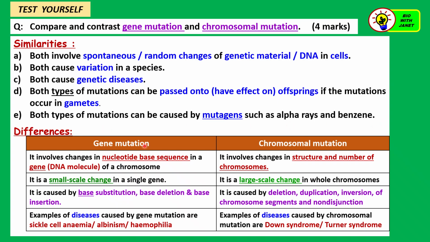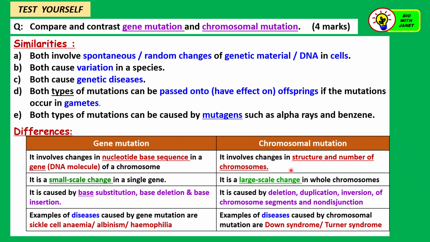Right, differences. Gene mutation is on a smaller scale. The changes are on a smaller scale. Gene mutation involves changes in nucleotide base sequence. The nitrogenous bases are adenine, thymine, cytosine, and guanine. So maybe adenine in the sequence of bases is replaced by thymine or guanine. So that is a change in the nucleotide base sequence in the gene or in the RNA molecule inside the chromosome. Whereas chromosomal mutation involves changes on a larger scale in the structure of a chromosome,